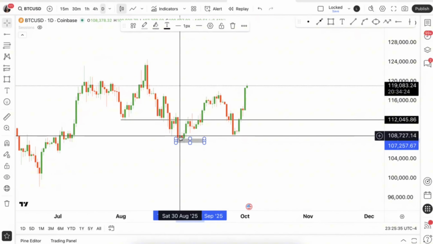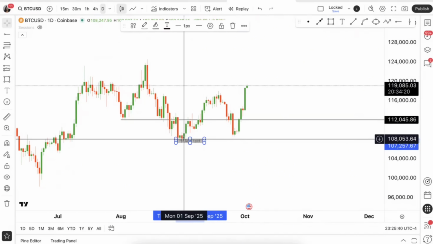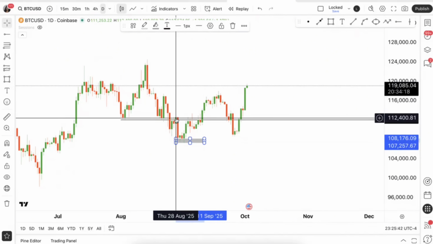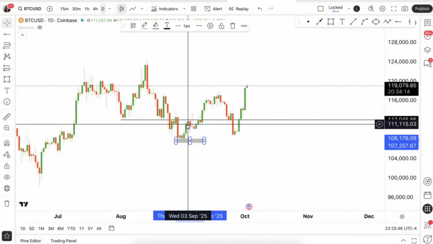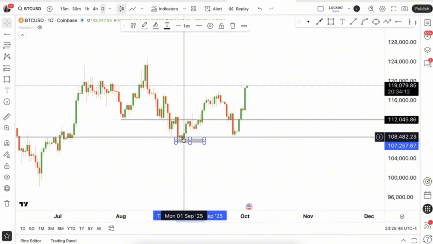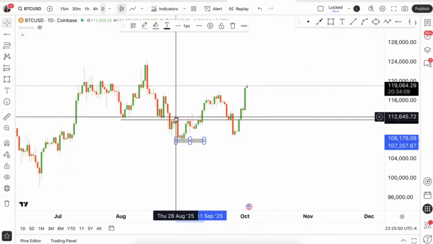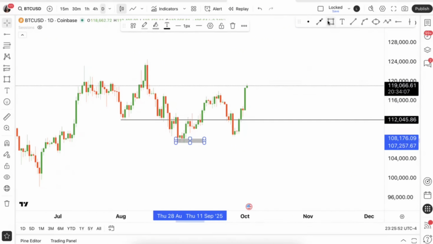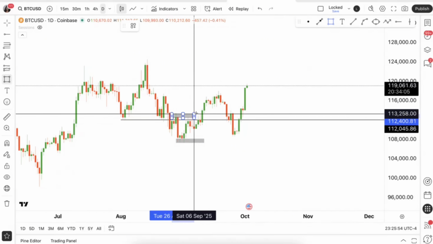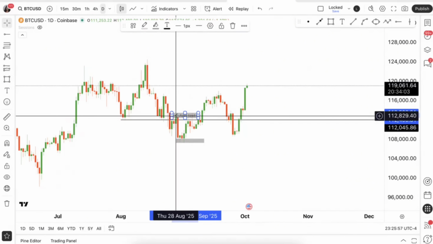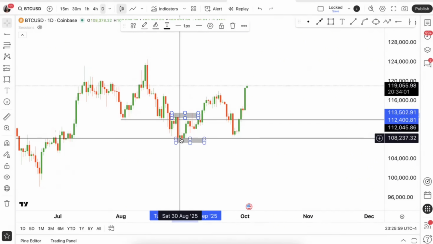Next thing you do, it's going to be both ways. If price makes a low, that's because it came from making a lower high or whatever the case might be. And once price makes that low, in this case, we're on a downtrend, so there's going to be a lower high before you get that low. This is the highest point, and you're going to track your highs. This is the highest point you have at the current time. This is the lowest point you have at that current time.